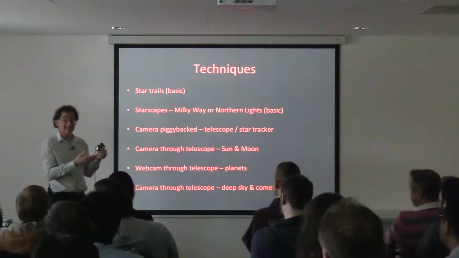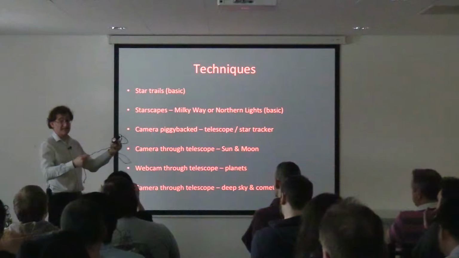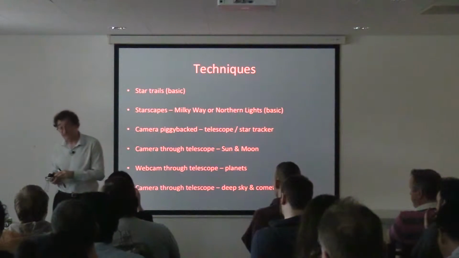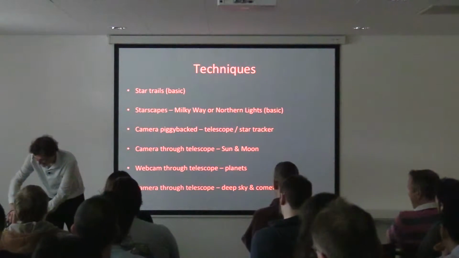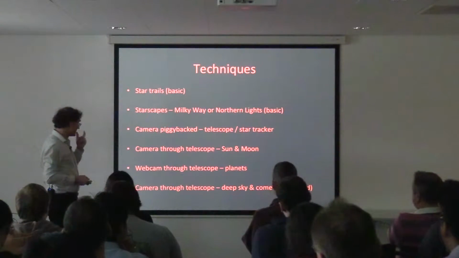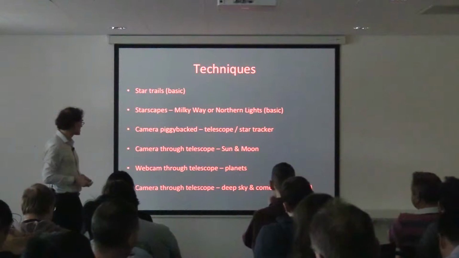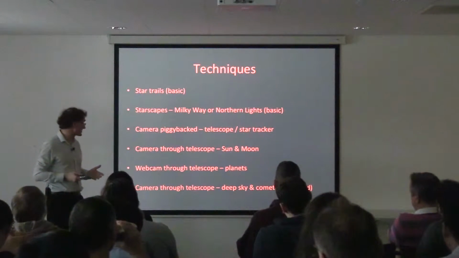You can take pictures of the planets and the moon through a telescope at very high magnifications. You take a video clip and process that with Registax. I'll list the software on the screen at the very end, in case anyone wants to download them and give them a try. Lastly, the most advanced technique is to photograph deep sky objects, which are things like nebulae and galaxies,